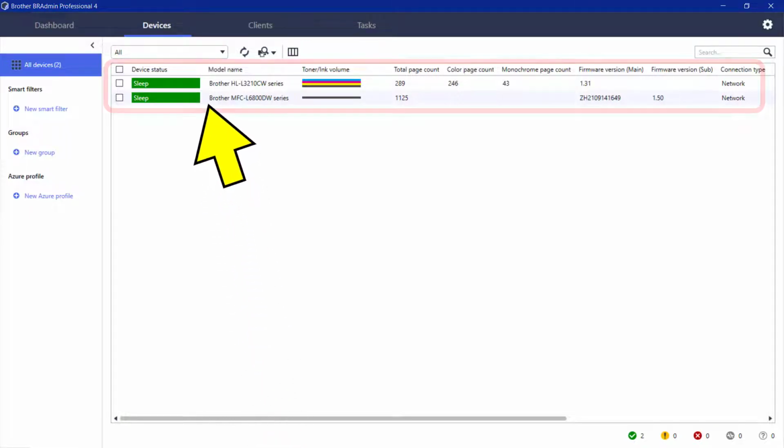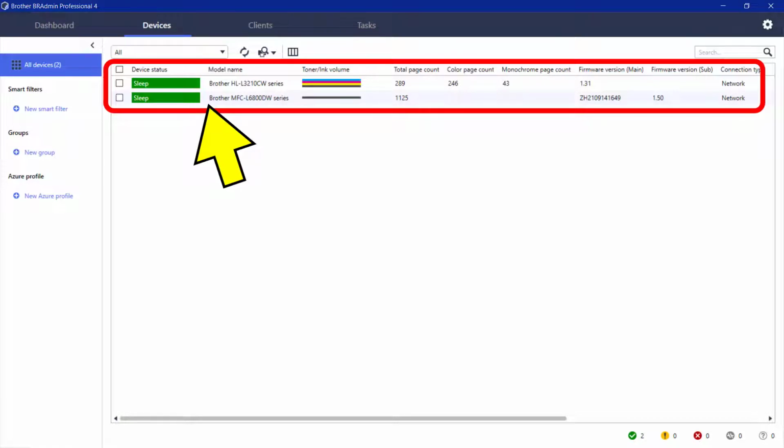Before I explain how to connect BRAdmin to Azure, I'm going to remove the two local devices that BRAdmin automatically discovered shortly after opening it. I am only doing this so that I don't accidentally get these local devices mixed up with those communicating with Azure.